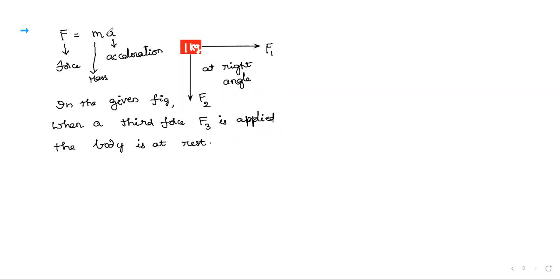F is 0 means the resultant force of F1, F2 and F3 is equal to 0. That you have to understand. The body is at rest means, in the solution, one of the steps we write like this. Since the body is at rest, after applying the additional force F3, meaning F1 and F2 are already there,